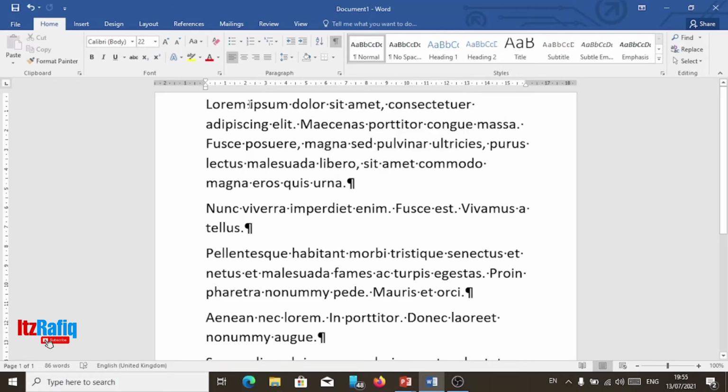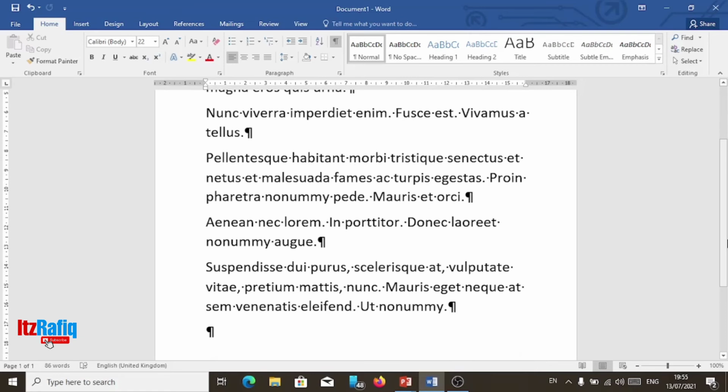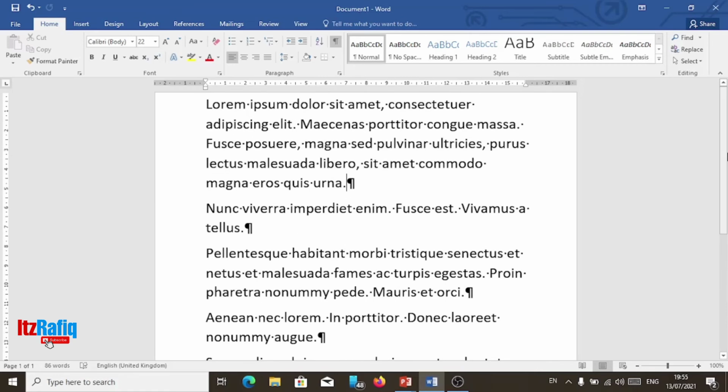That dot means one space bar press, and this other symbol means you have pressed the enter key. So this way we can display or hide the non-printing characters in our document. Suppose again I want to hide them, I click here, and they will be removed from the document.